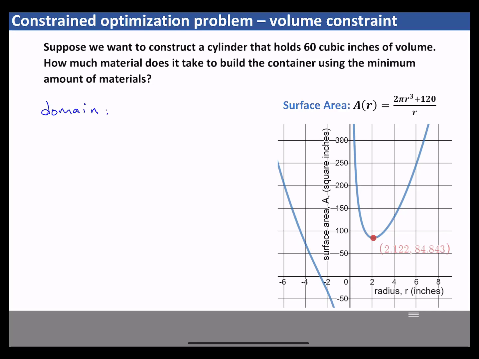Well, we know that because we have a rational function, the denominator cannot equal 0, so r cannot equal 0. But we also know in the physical context of the problem, it would not make sense for the radius to be negative. So our domain is going to be all positive real numbers,